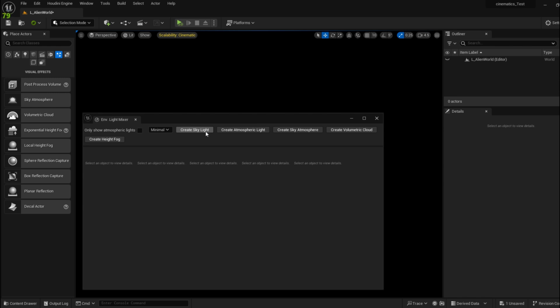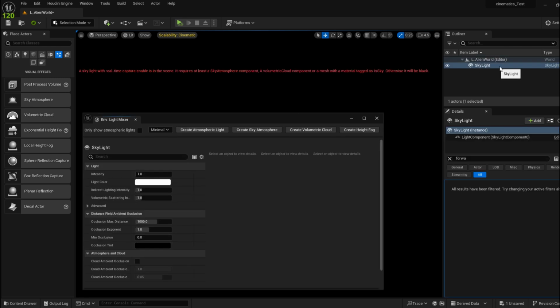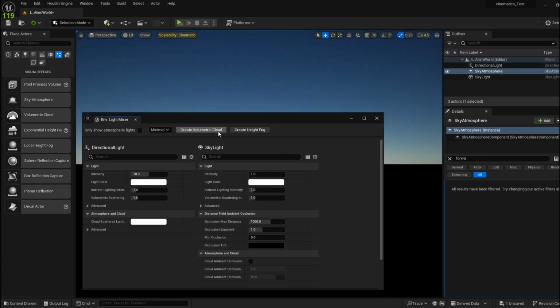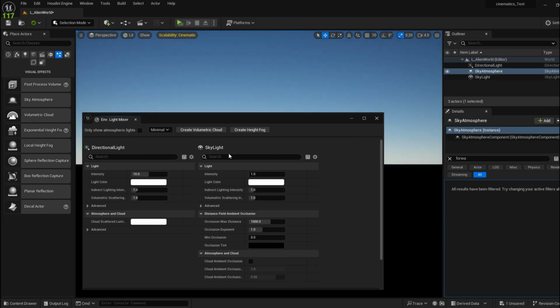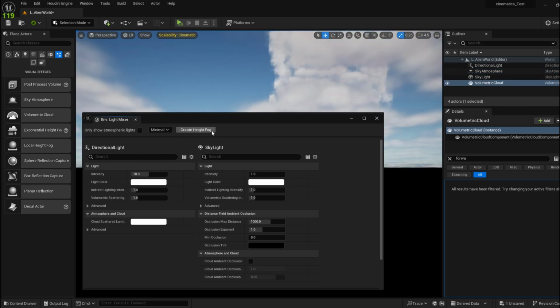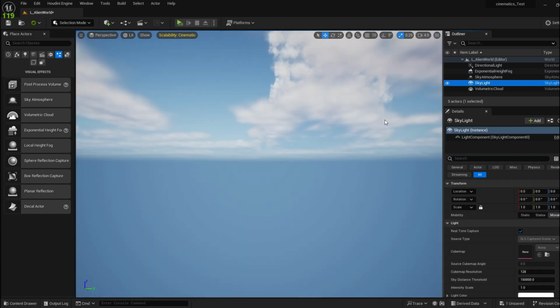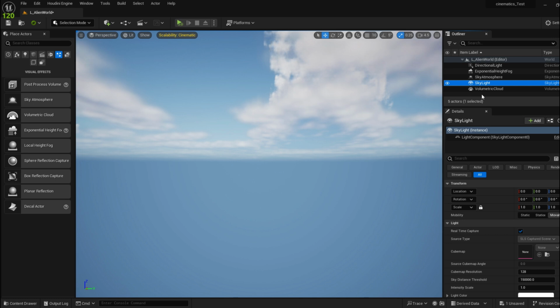If I click on create skylight, it's just going to bring in a skylight component, and then if I click on create atmospheric light, it's just going to bring in a directional light over here. And if I click on sky atmosphere, this is just going to bring in a sky atmosphere. Then if I click on volumetric cloud, this is going to give you a volumetric cloud, and then height fog is just going to bring you an exponential height fog. Alright, and this is how you guys can use the Environmental Light Mixer to bring in all of the components